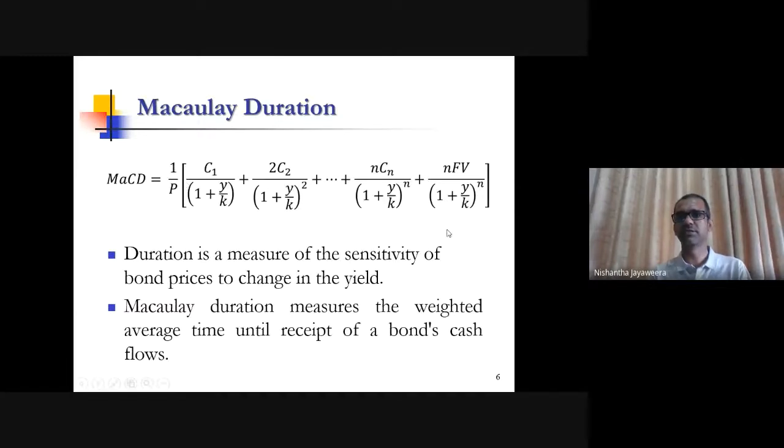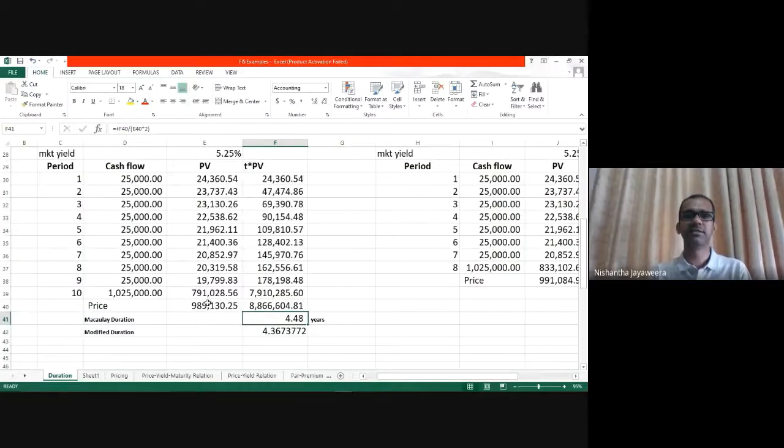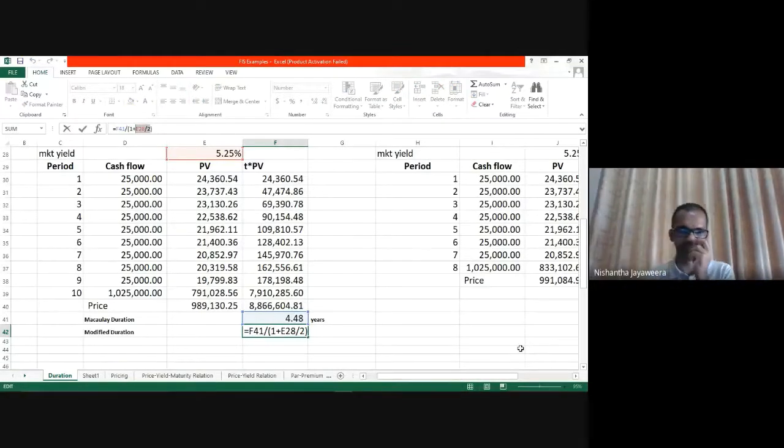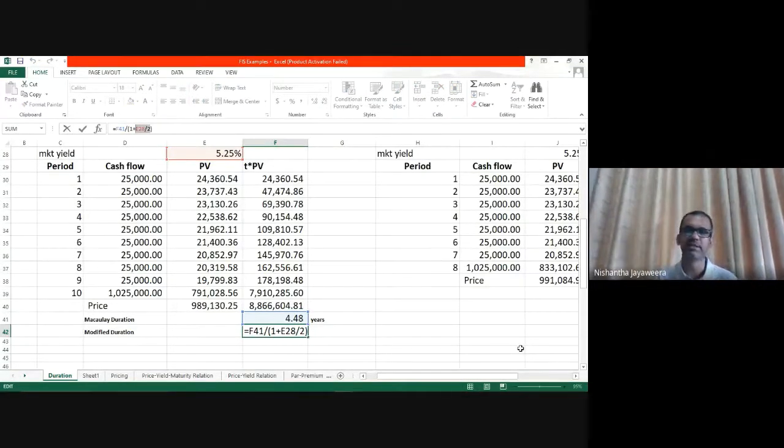The way we did this here, it won't come directly, so we have to divide this by 2. And the modified duration, once you get the Macaulay duration, you can do in a similar manner, because y divided by k is already adjusted here. So the modified duration is